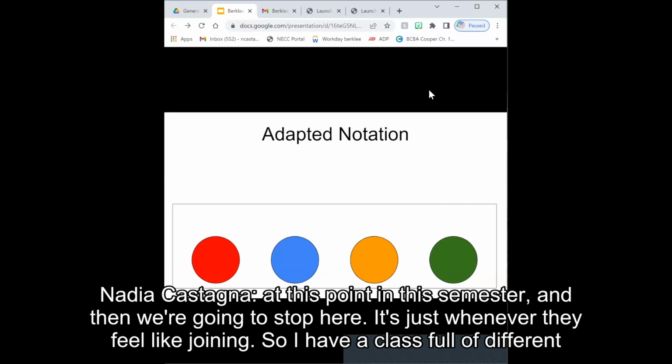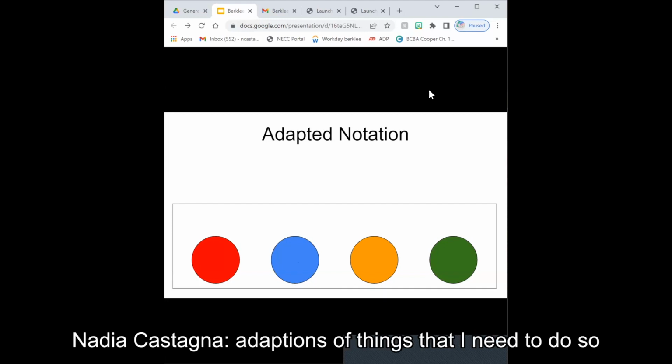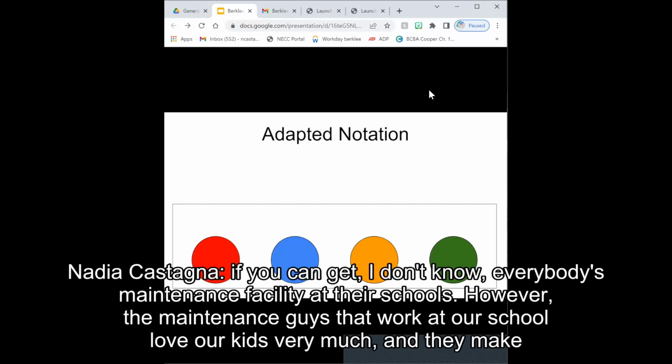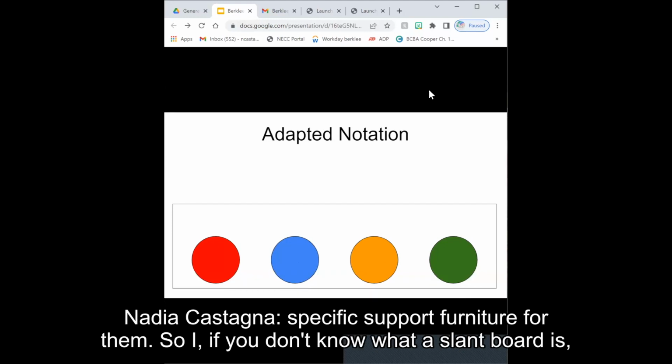So I have a class full of different adaptations of things that I need to do. So if you can get, I don't know everybody's maintenance facility at their schools. However, the maintenance guys that work at our school love our kids very much, and they make specific support furniture